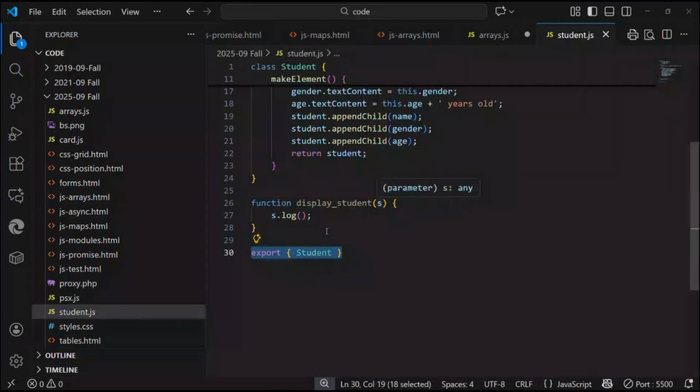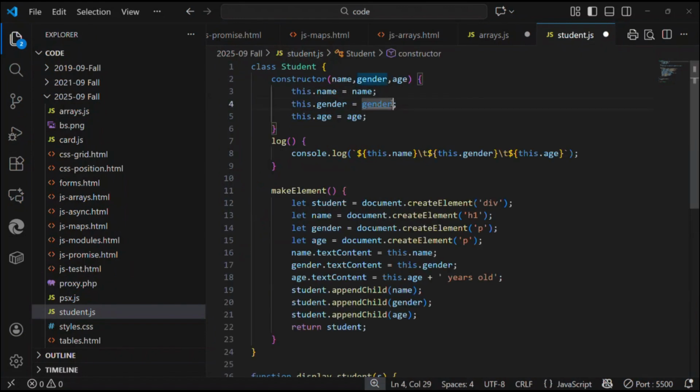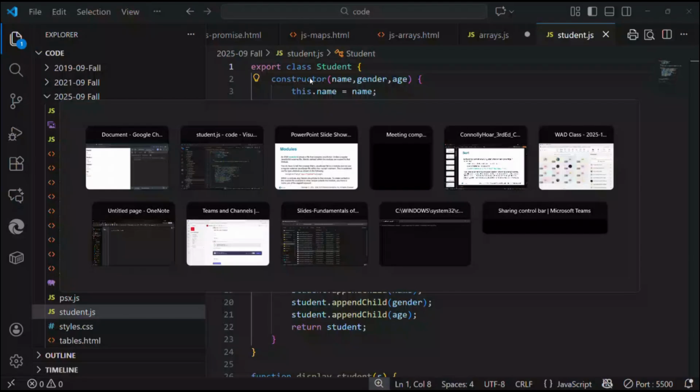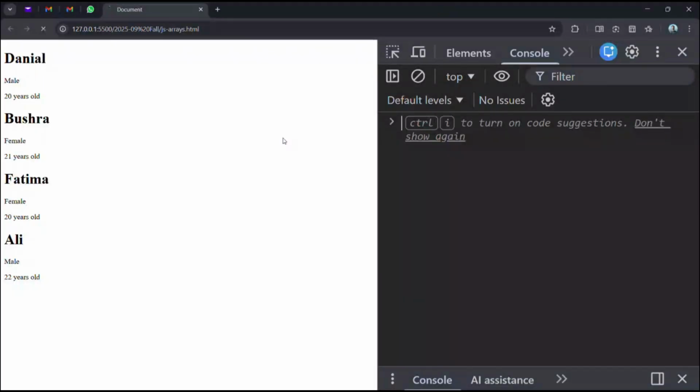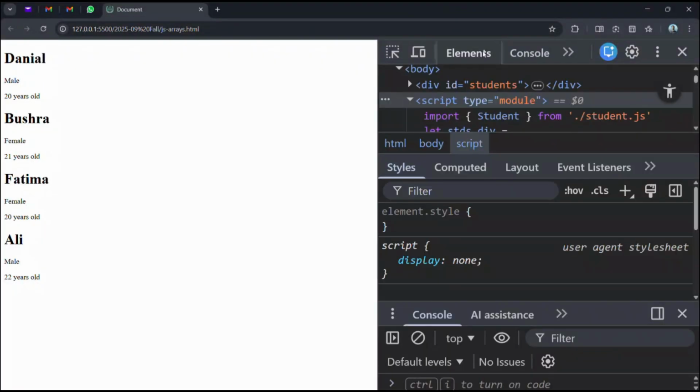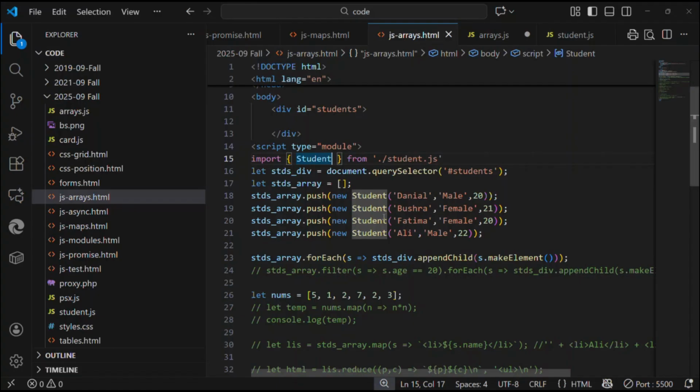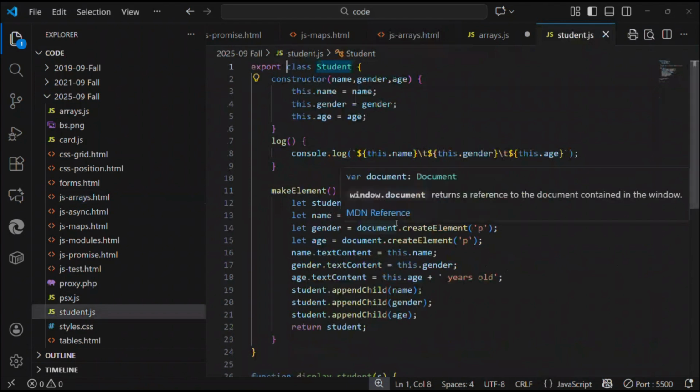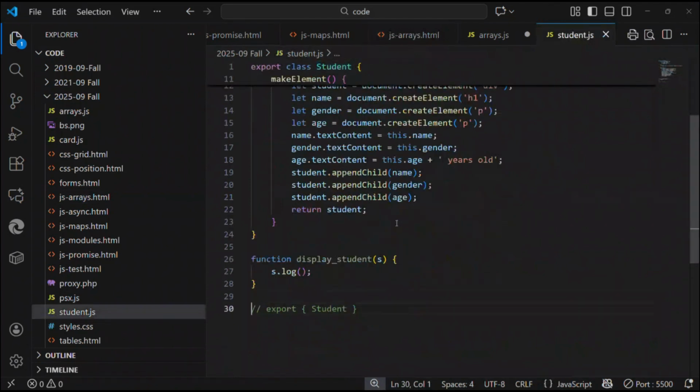Another thing, if you just want to export one thing, we don't need to write the export statement at the end of the module. We can simply write export class student and this would be exported, right? So now this student class is exported. So there are two ways of exporting things from the module. We can write export at the end of the module, right? Or we can write export with the things that we want to export from the module, right? It can be functions, it can